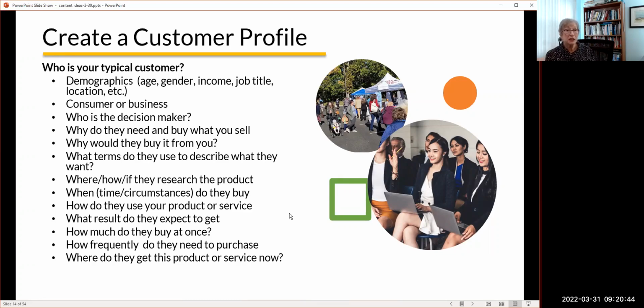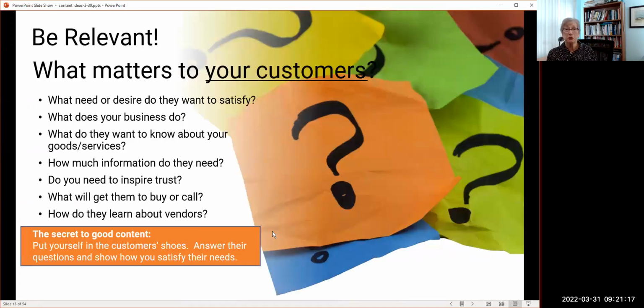What do they need? What do they want? What do they want to achieve by interacting with you, by buying your products or services? You want to know what time they are looking for these. Is it a business shopper who's going to be looking for information during the day, or is it a consumer who's going to be shopping late at night online? All that stuff helps you decide when you should put your social media out there or when you should run ads, as well as what kind of content. The more you know about the customer, the better off you are.